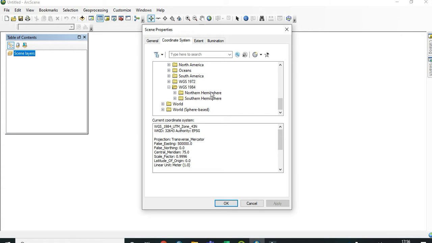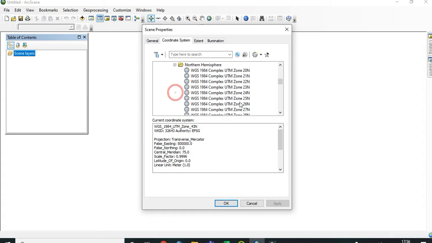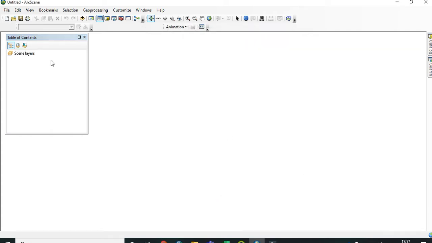I am selecting the Northern Hemisphere. Then which is my zone that I have to select? Here is my zone: WGS 1984 UTM Zone 43N. Now we have created the projection.